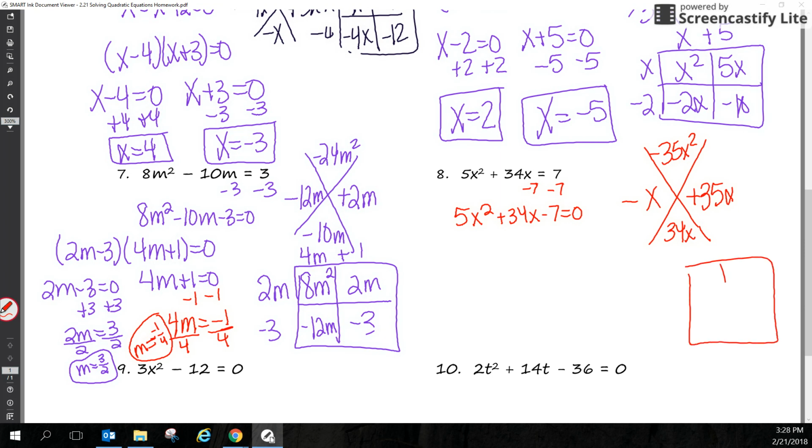Putting it into our factoring box, first term, first box, last term, last box. And we got negative x, 35x. All right, looking at the first row, common between 5 and 35 is 5, and they both have an